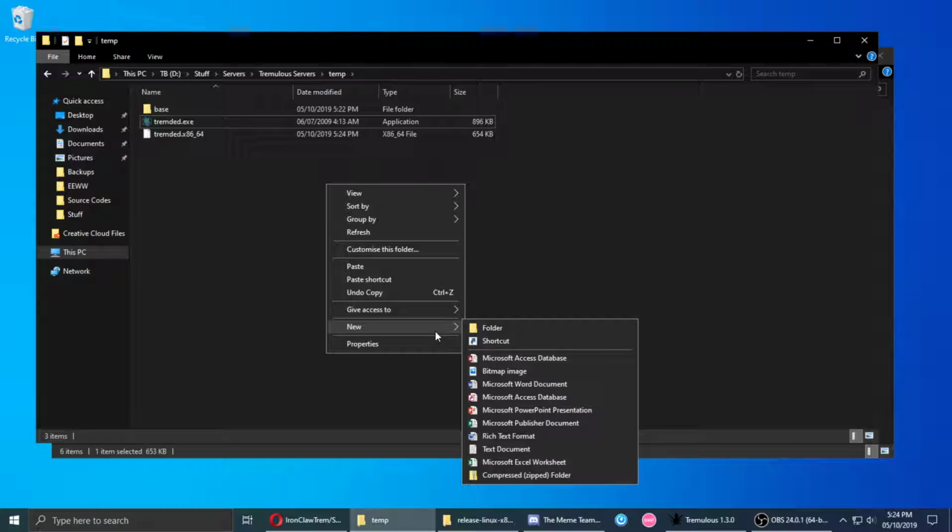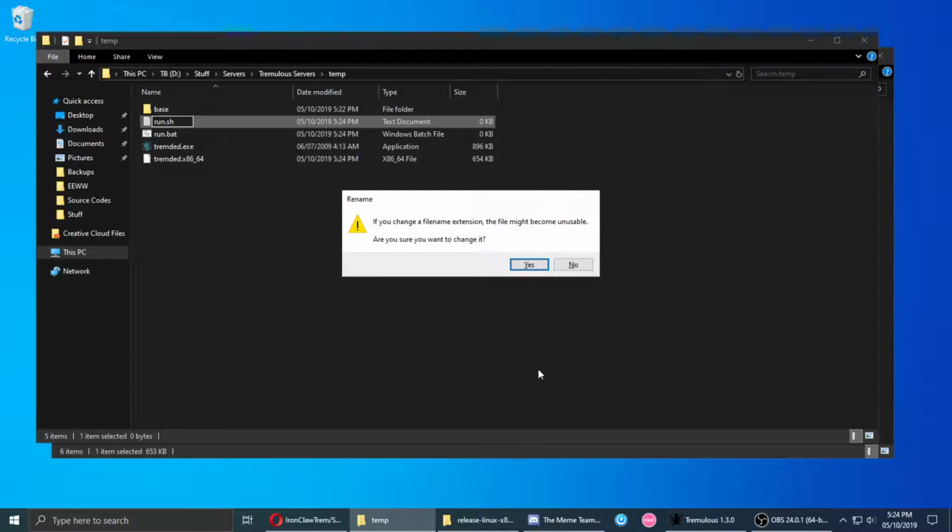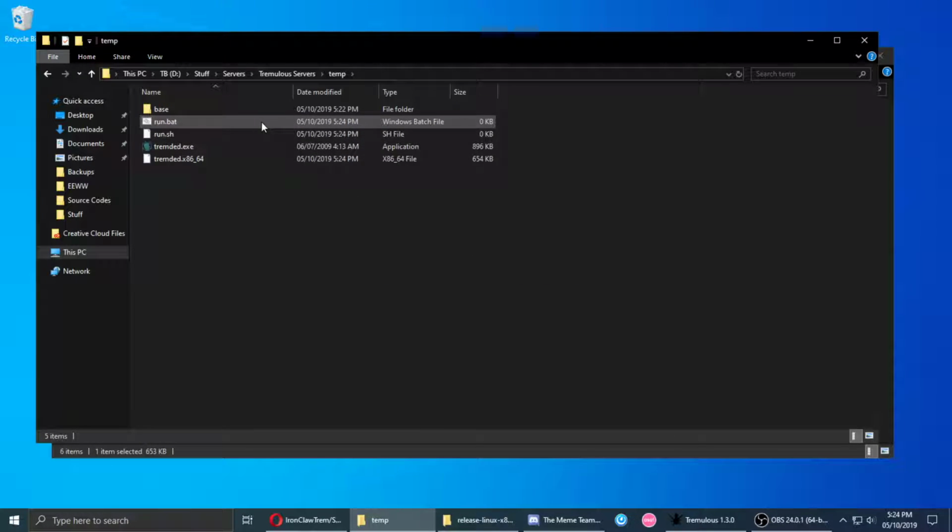So if you want to run this on Windows, you'll just make a run.bat, and if you want to run it on Linux, just type run.sh. You can call them whatever you want. This is a shell script and this is a batch file. So